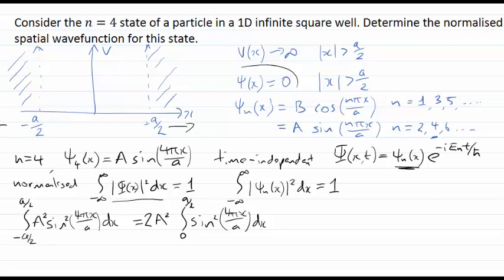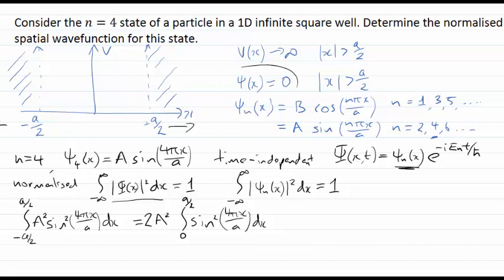And then I simply need to know how to integrate sine squared of some function of x dx, now between 0 and small a over 2. There are various ways you might choose to do that. You might integrate by parts, or you might use the double angle formula to rewrite sine squared just in terms of sine or cosine. Or you might look up, for example, if you were doing this in an exam,